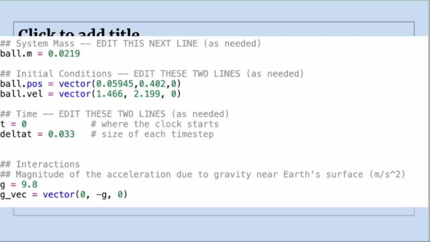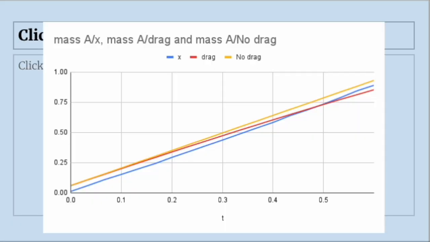And by putting that into the code, we made delta t be 0.033, and then we inserted the mass of the object as well as those initial positions and velocity, so that when we went in and updated it with that momentum principle and the velocity update and position update equations, we were able to update and model that. In the end, the graph showed that all of them were pretty similar, but with no drag, you can